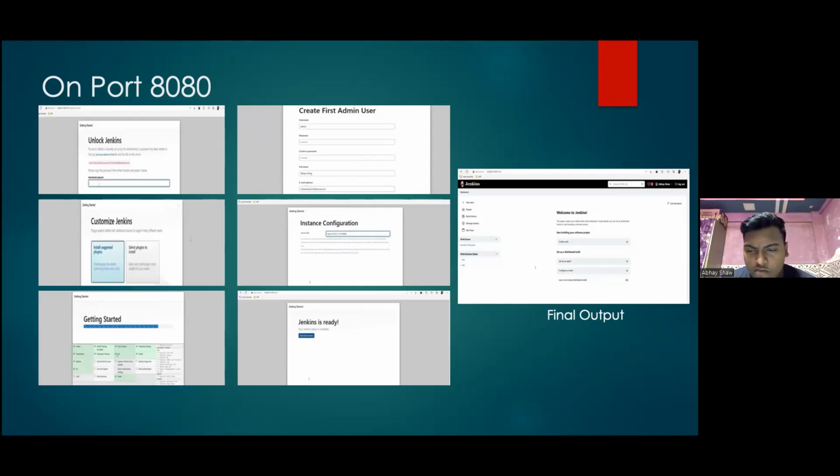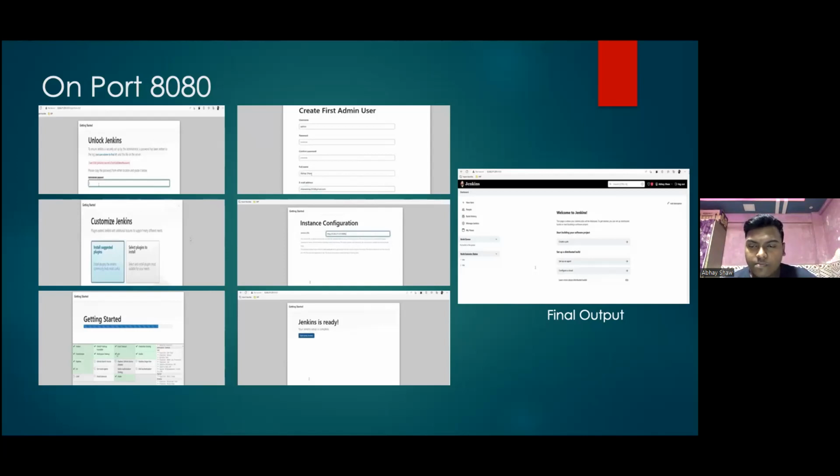And if you can see the final output, this would be the final output if your Jenkins is successfully installed and all the plugins are successfully working. From this, you will need to create one project. Like I'm creating a to-do list, so I will go to the new project, and I will select the freestyle project to